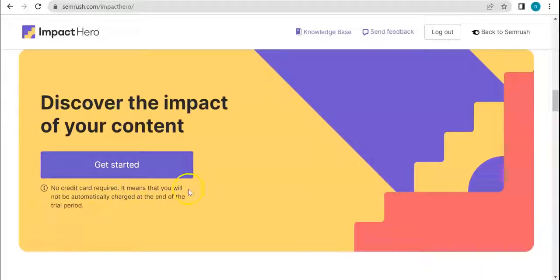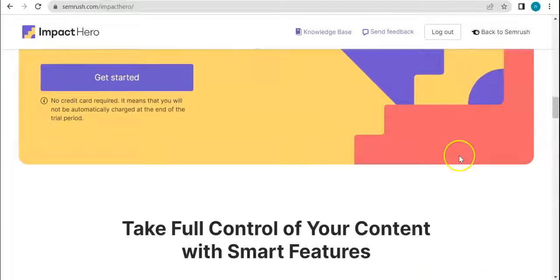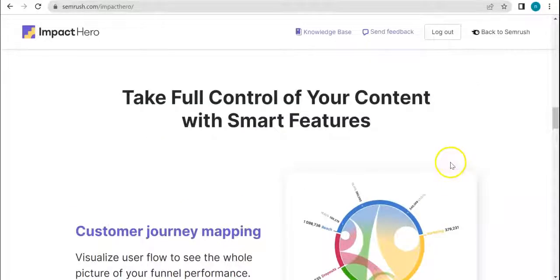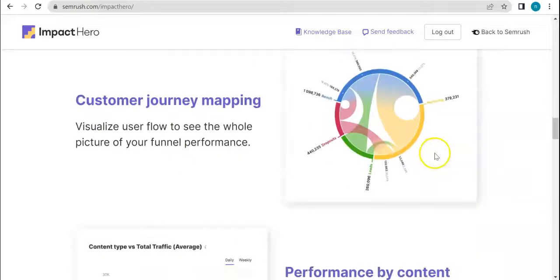Here you will not be automatically enrolled in the trial. If you want, of course, head on over to SEMrush.com and access Impact Hero from there, and you can utilize this tool with a free trial, just to see it for yourself and have a feel of it. Another thing it does is allow you to take full control of your content with smart features. So what are these smart features? One of them is